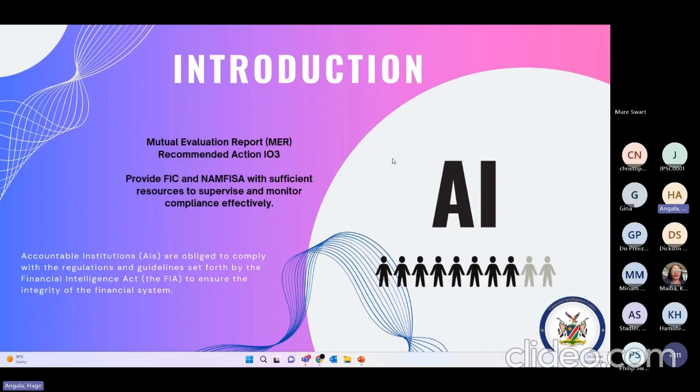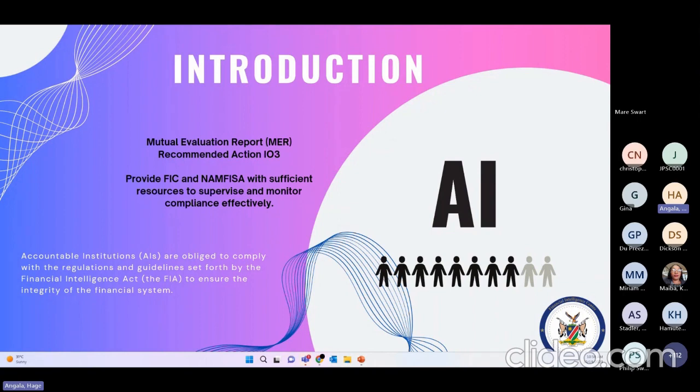Speaking on the compliance training portal, the FIC conducts compliance trainings and gives accountable institutions training for them to understand their obligations in terms of the FIA. With regards to that, we developed the training portal, which will be found on the FIC website. This will be used as one of the official mediums for FIA compliance training for